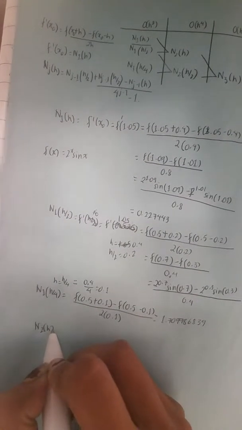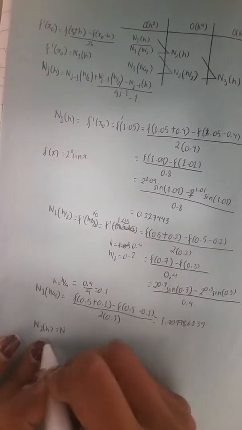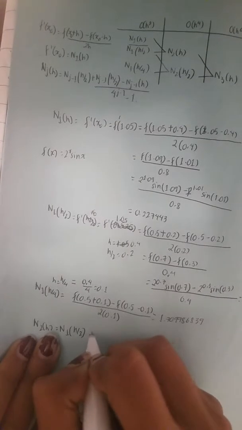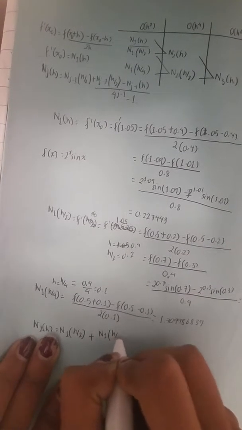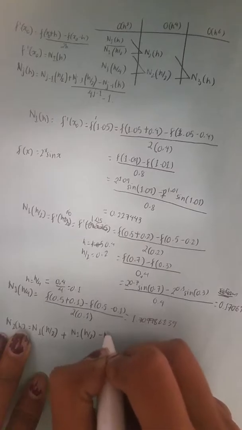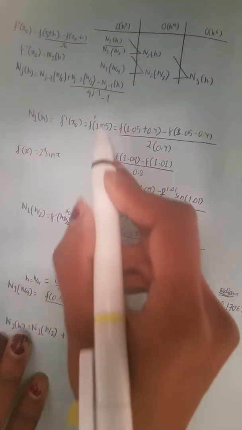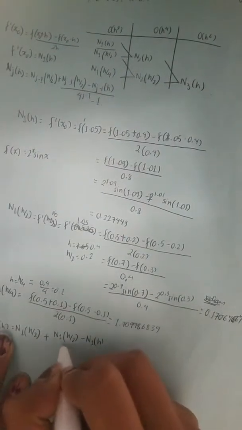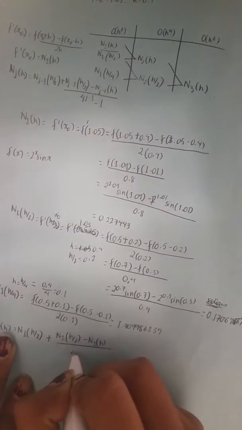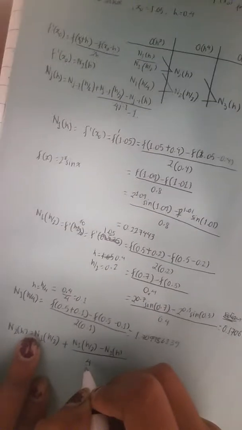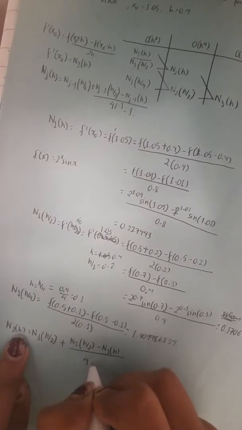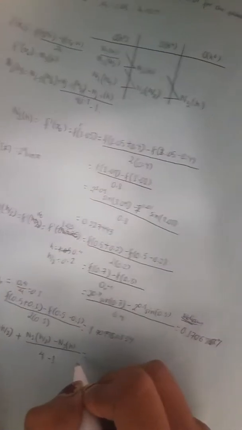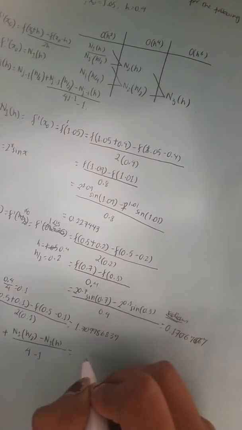N2 of h should be N(j minus 1), and my j is 2. So N1 of h over 2, it says, plus N1 of h over 2 minus N1 of h, like here, we'll use these two, over 4 to the j minus 1. What is our j? j is 2. 2 minus 1 is 1, 4 to the 1 is 4, minus 1. So N1 of h over 2 is